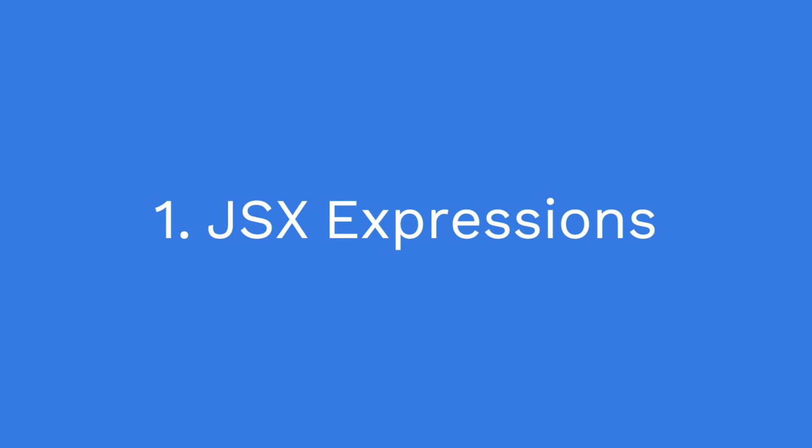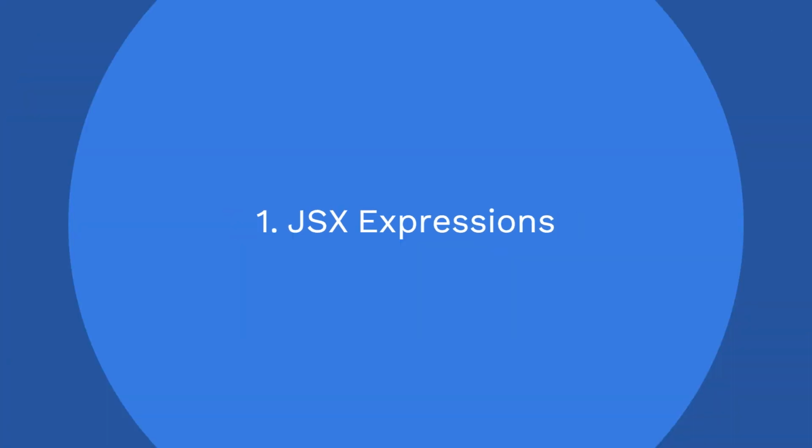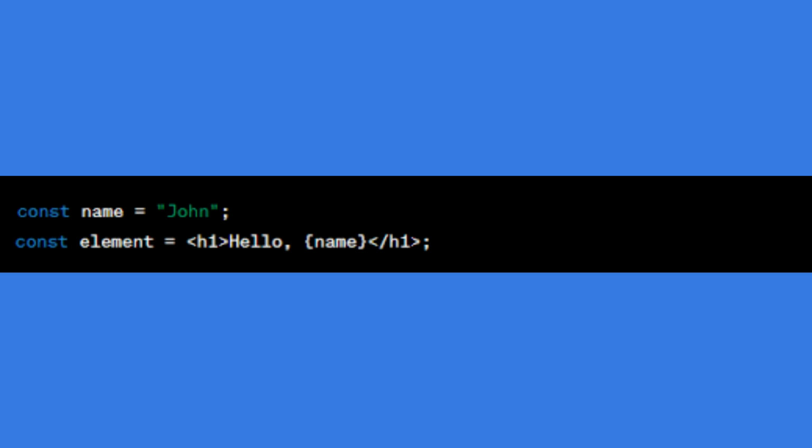1. JSX expressions. JSX expressions are JavaScript expressions that produce React elements. You can use JSX to describe what the UI should look like, including HTML-like tags and attributes. JSX allows you to embed JavaScript expressions within curly braces to create dynamic content or execute logic. Here's an example of a JSX expression. In this example, {name} is a JSX expression that evaluates the name variable and inserts its value into the JSX